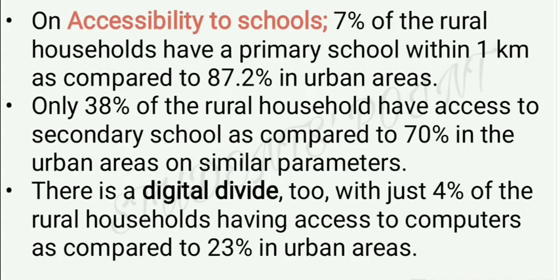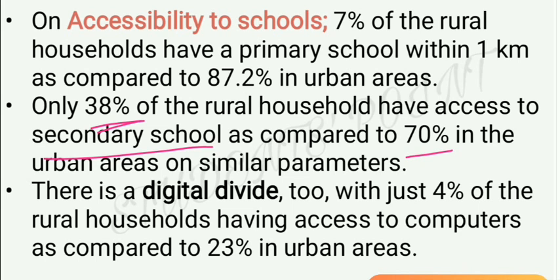And on accessibility to schools, see, 7% of the rural households have a primary school within 1 kilometer as compared to 87.2% in urban areas. So notice the difference here. Only 7% of the rural households have access to primary schools within 1 kilometer of their households, while 87% in urban areas, and only 38% of the rural households have access to secondary schools as compared to 70%